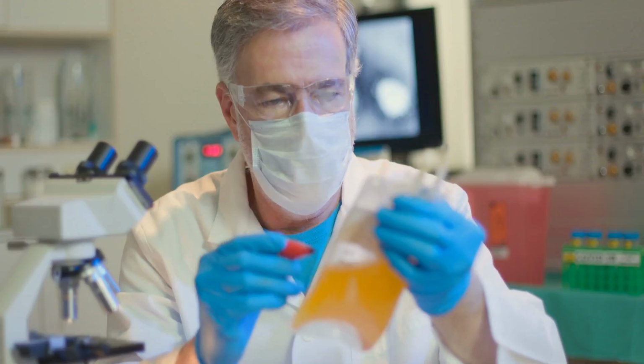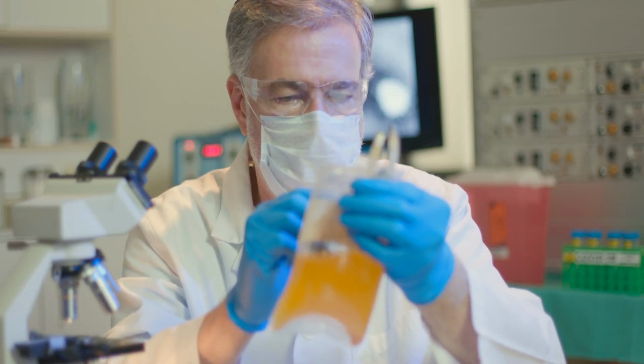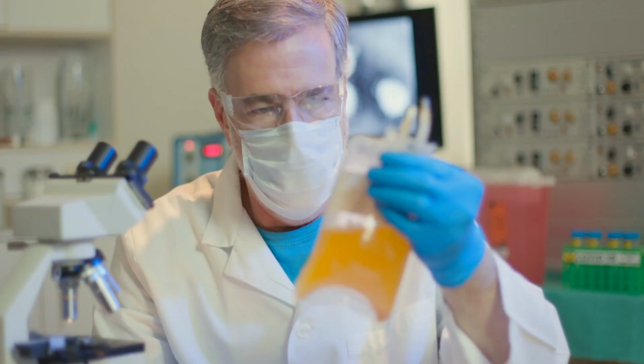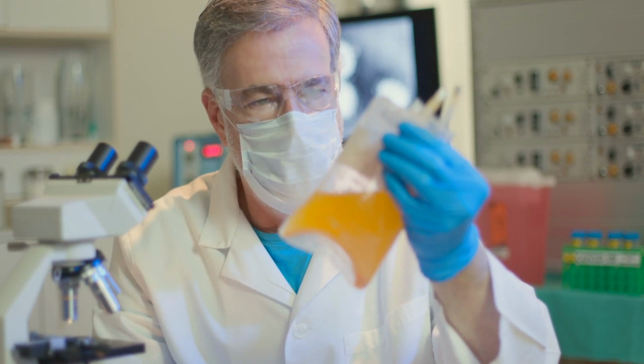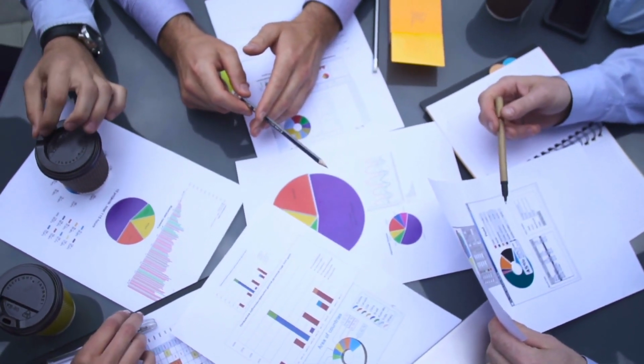CSL guidelines. Despite this being a challenge that's brought some extra costs for CSL, some brokers have seen it as an opportunity in the future to increase their prices if restrictions continue to be in place, as the demand for the immunoglobulin products still remains strong throughout any environment, as the need for the product still affects 1 in 500 people in the US. Now, of course, outside of the need for plasma collection, there are also other challenges that